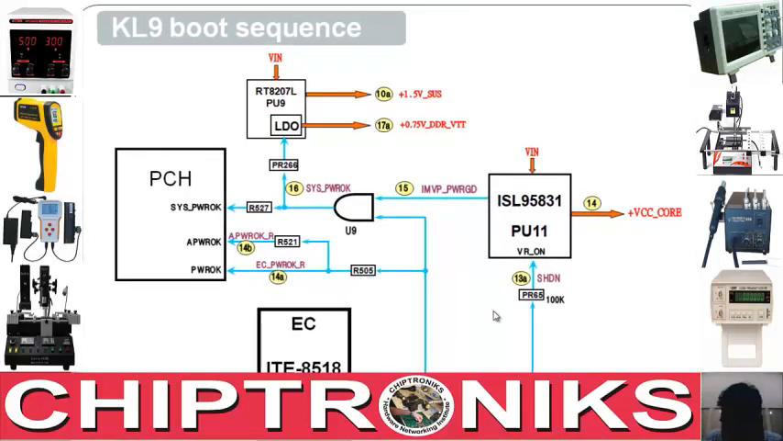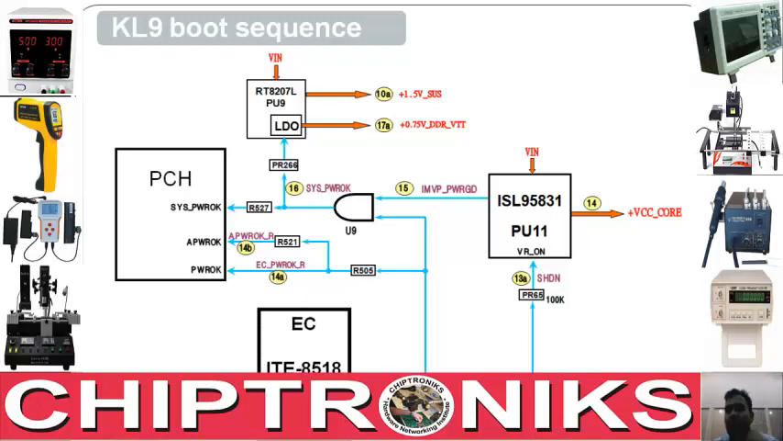Okay, so all the regulators have generated their power good, and all the power good is combined together to offer a power good to the IO controller. So that was step number 12. And after the EC, the embedded controller inside this IO, that is IT8518, receives power good, it will generate a